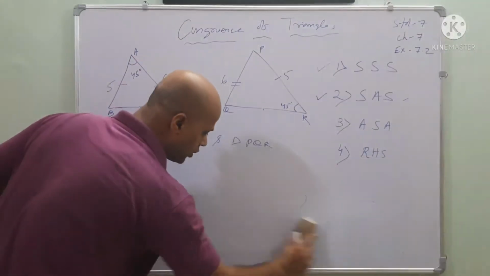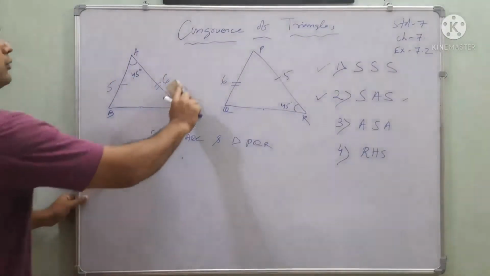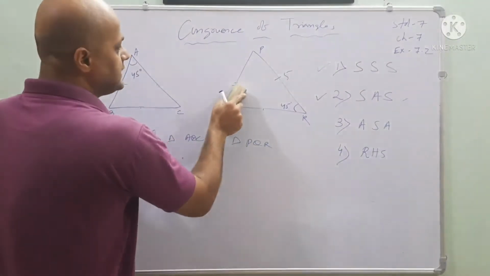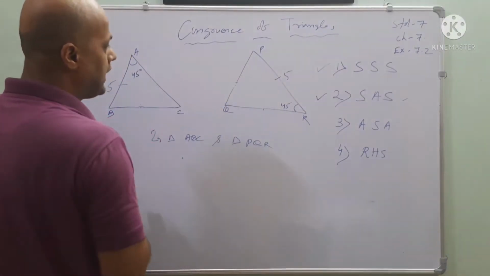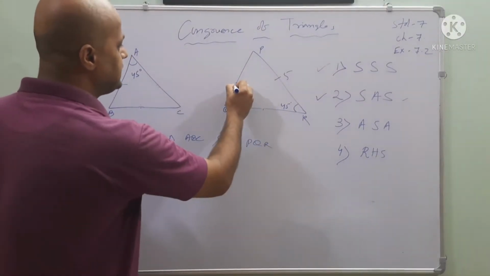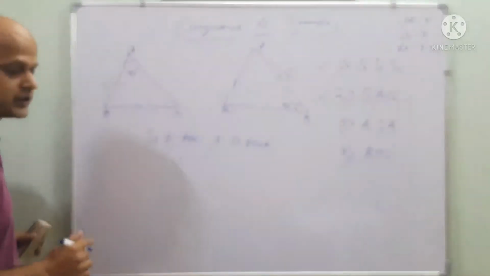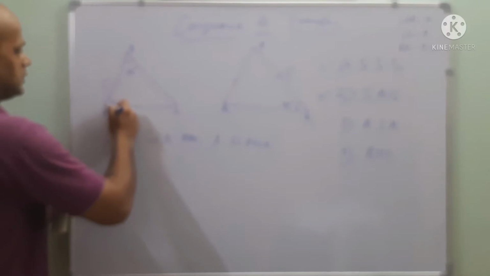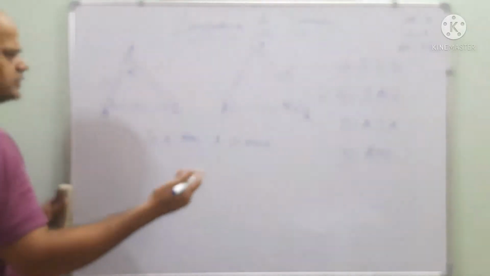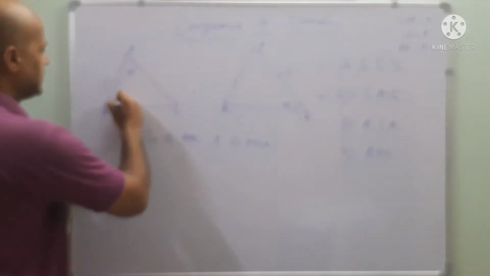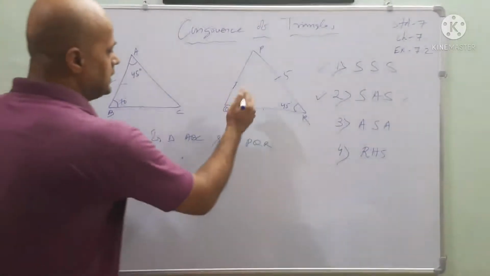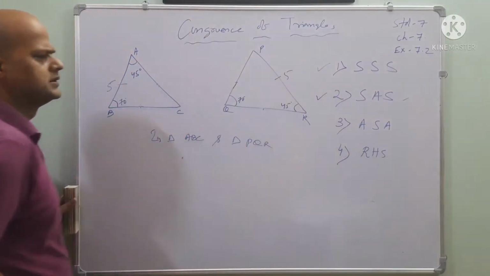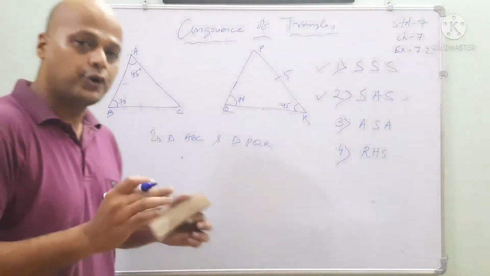So I erase all of them. Now I am going to change the sides because one side is given. That's why I am taking the side as it is. One angle is also given. If I write here any angle, you can take it, my dear friends. Take it as 70 degree. You can take this one as 70 degree or either this one. Suppose. Then how will you do it?